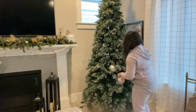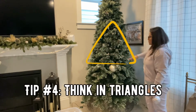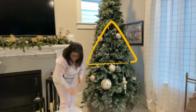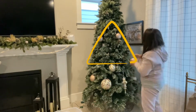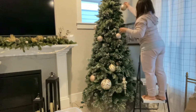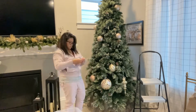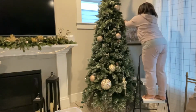Later on, I did sprinkle in some silver to give it a varied look, and I will work in a triangle pattern. I will keep this in mind throughout the whole process, and what this means is I spread the ornaments out evenly in a triangle type pattern so that I don't put any like ornaments near one another. So I vary it in shape, size, color, and this kind of gives a more aesthetically pleasing look to the